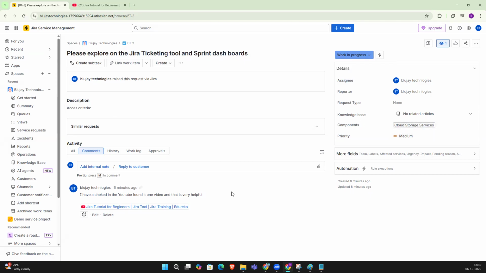And comments and attachments, we can create comments as well as attachments. So this is a Jira ticket. Guys understood?